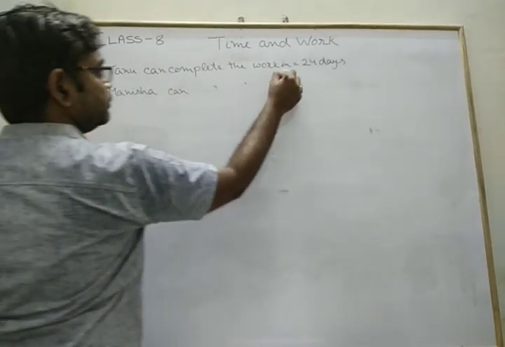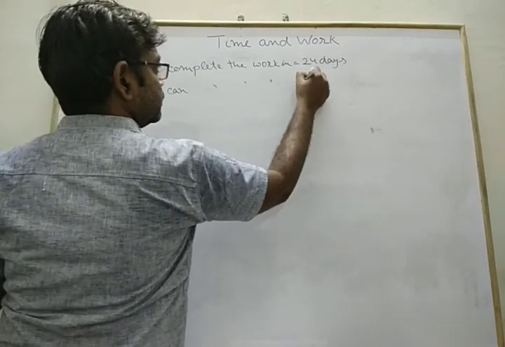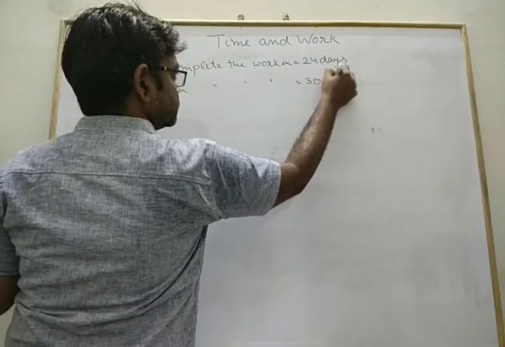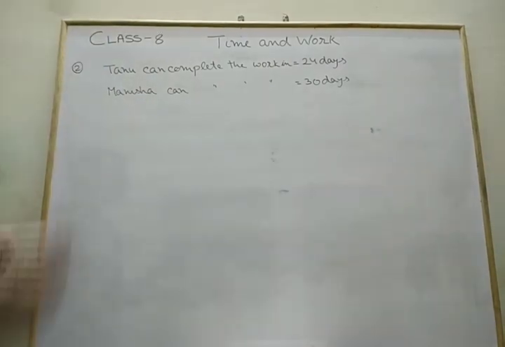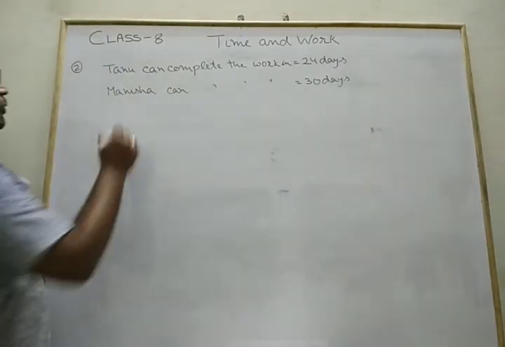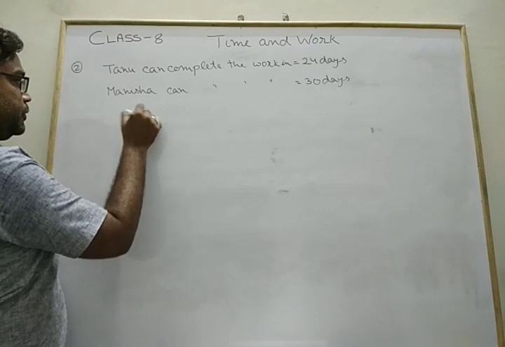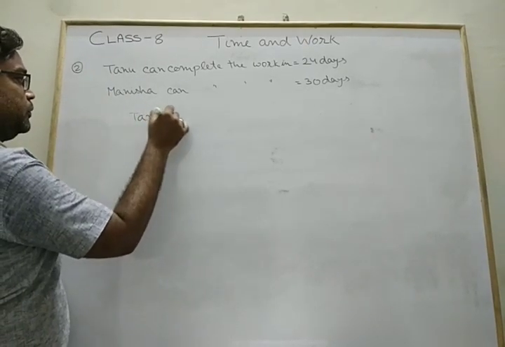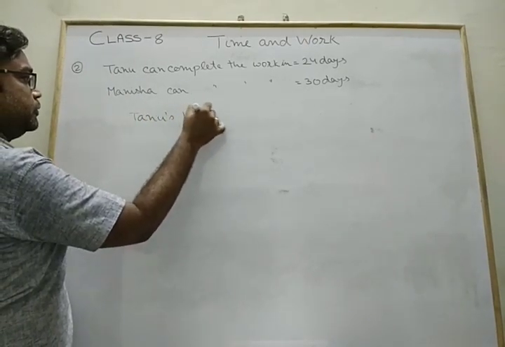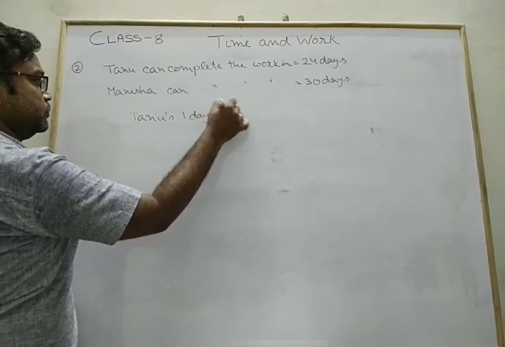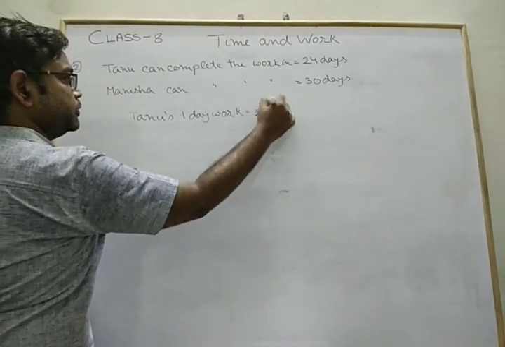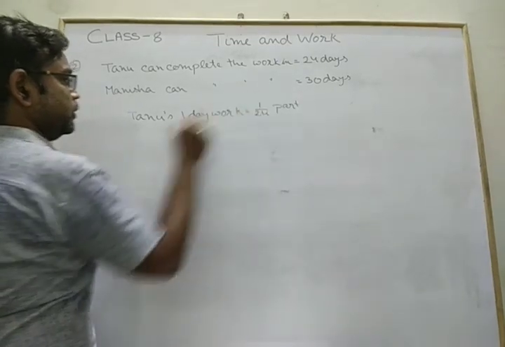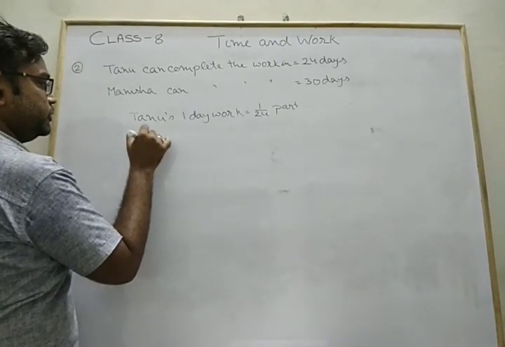Manisha can complete the work in 30 days. This is your given part only. From this, we are going to solve the solution. Therefore, Tanu's 1 day work equals 1 upon 24 part. Manisha's 1 day work